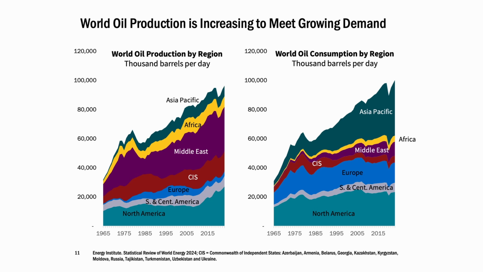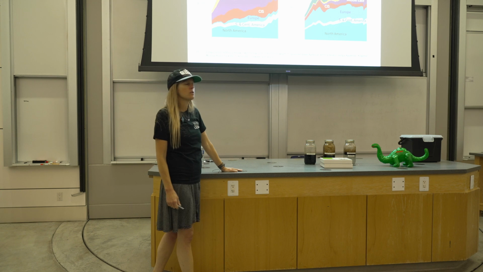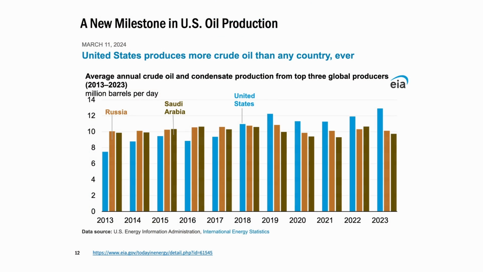And this also kind of really shows that the Middle East has long been a big oil producer in terms of the world. And we're seeing a lot of growth in consumption in Asia Pacific, China in particular, but India quickly is growing as well. So I said this is a milestone. It's a pretty recent milestone where the US is producing more crude oil than any other country ever before. And so this is just looking at the top producers of crude oil and how the US in the last few years has become the #1 producer. And like I said, more oil than any other country in history.